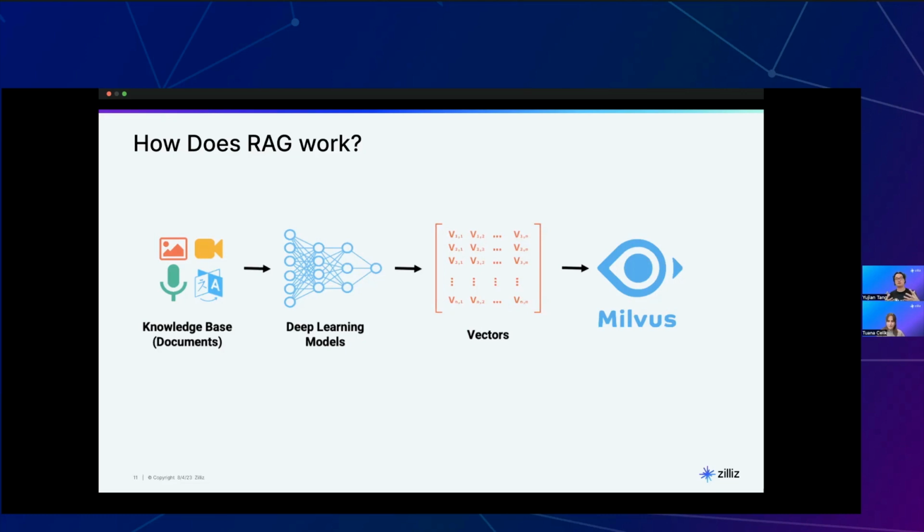Then that deep learning model, the embeddings model, will produce a set of vectors as the output of the second to last layer. So in this little image here, you see that there's this one node at the end. What actually happens when the embeddings are generated is that we cut off the node at the end and we just take the output from the second to last layer. And that's what a vector is. And those vectors get stored into some sort of vector database like Milvus or Zilliz. And this is just the first step to RAG. This is just the step where you're putting your data into the application so that you can actually have a custom retrieval augmented generation